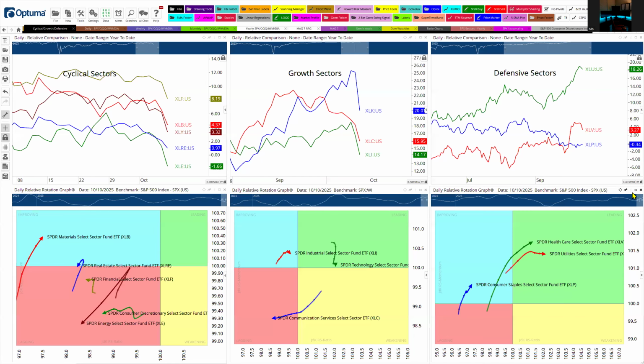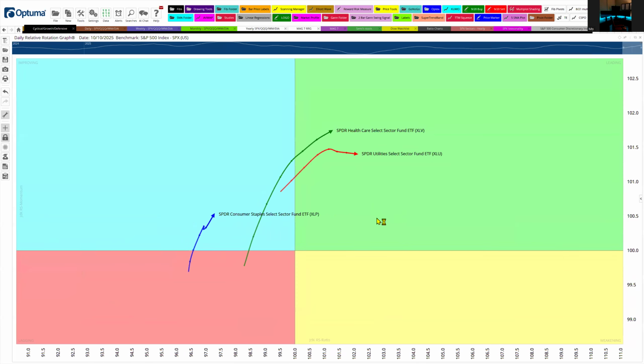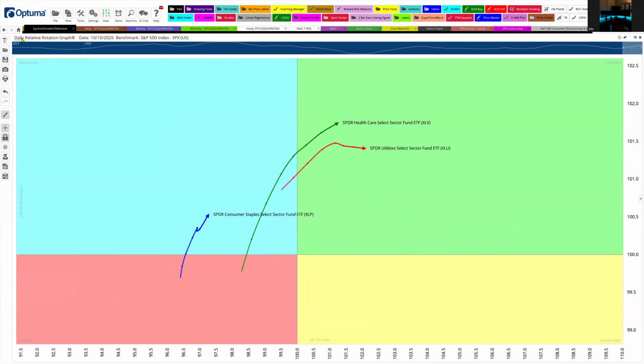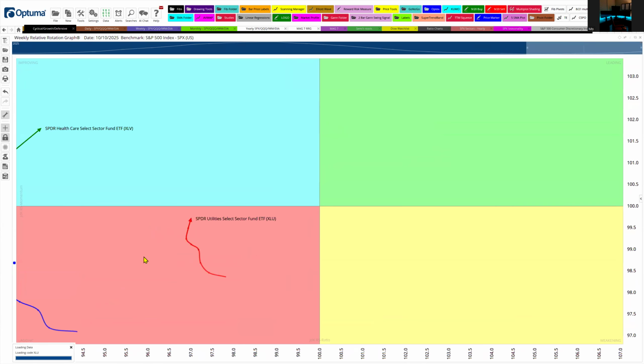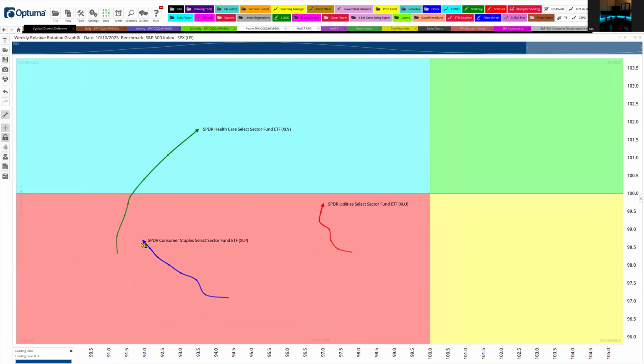Second is, watch this. This is the XLP in the daily time frame. Look where the weekly is. It's hard to match two rotations in the same time frame. I'm betting on XLP for Q4. So XLP is